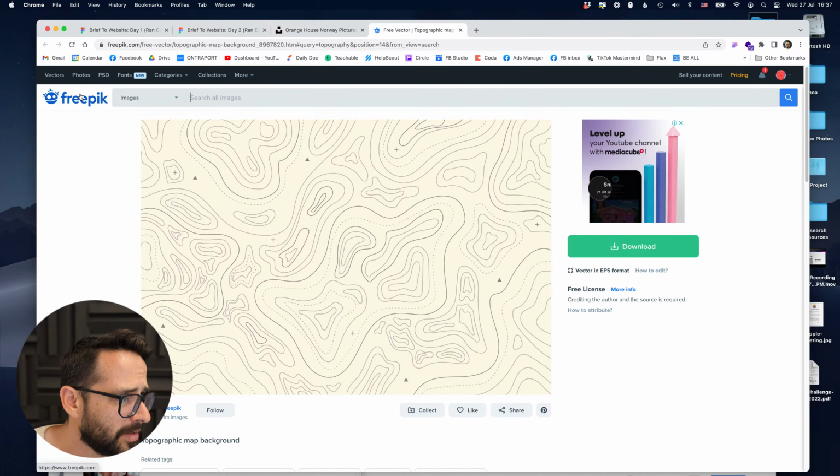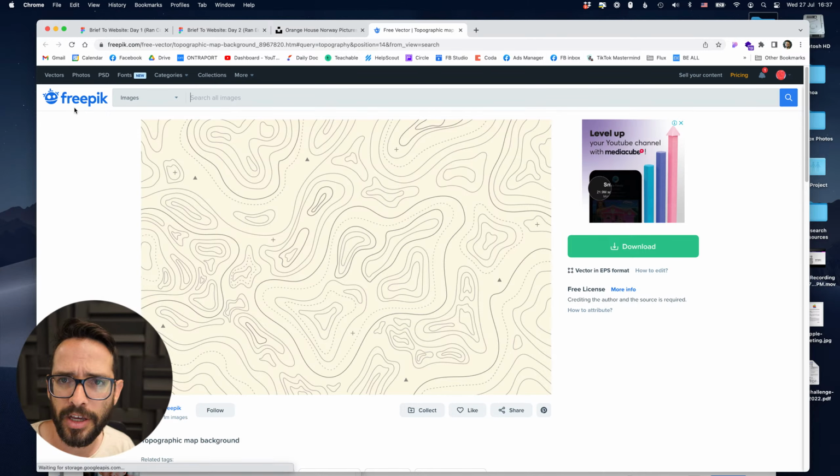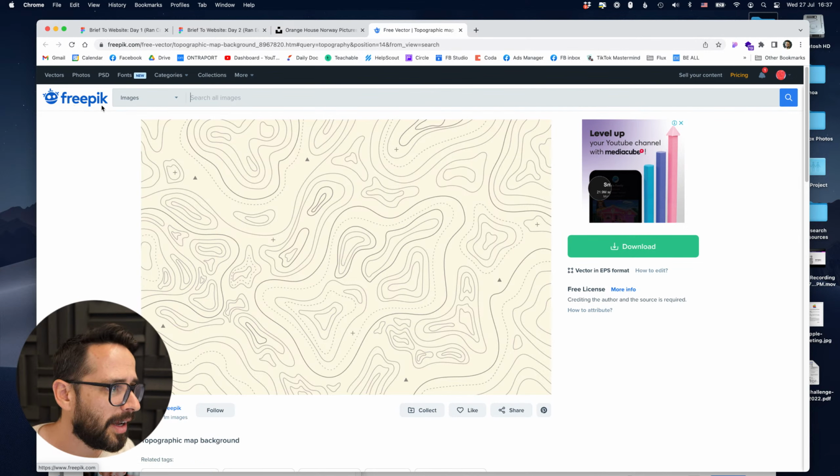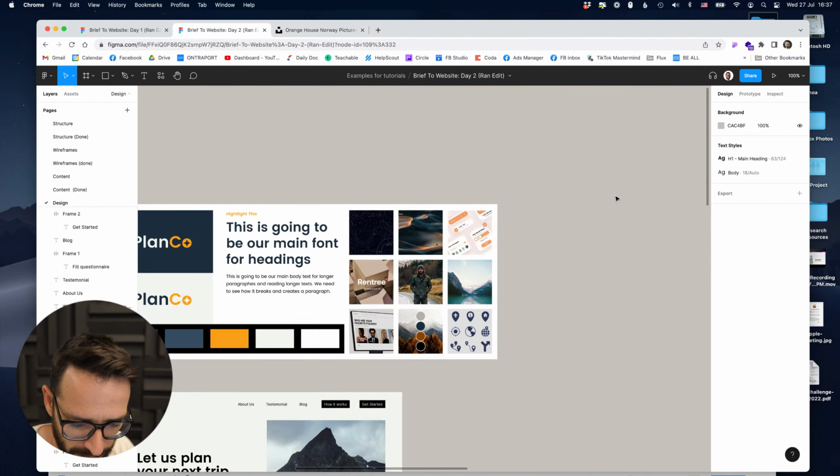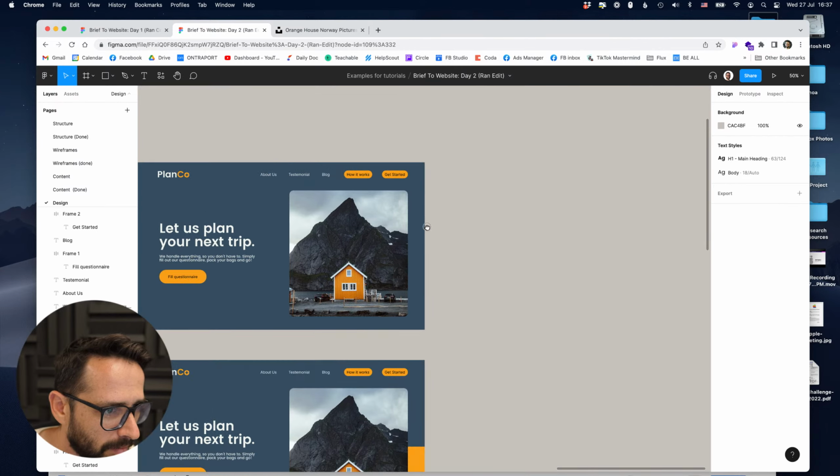Now, by the way, this is a great website if you're not familiar with it. It's called Freepik. It has a lot of photos and vectors that you can download and use for free. There is a licensing: if you use it for free, you need to add a credit, but you can have it really small somewhere on the website. But if you want to remove the credit, you can pay them or whatever. So I went ahead and downloaded this, and let's try to bring this into our Figma file